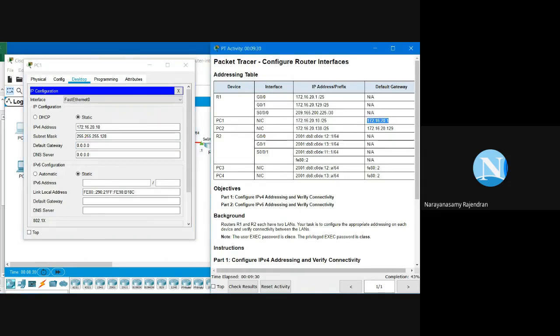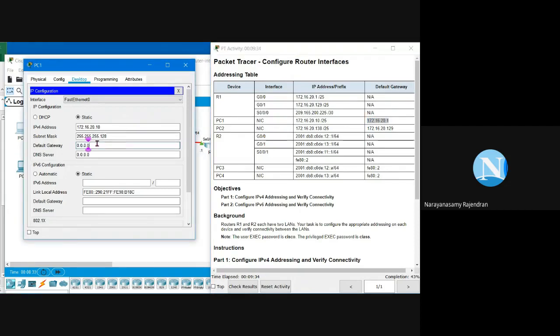Copy this default gateway address, paste it here. While pasting, this kind of errors will come. So you have to manage all those errors, or else you have to be very careful, or else the best thing is type it manually.